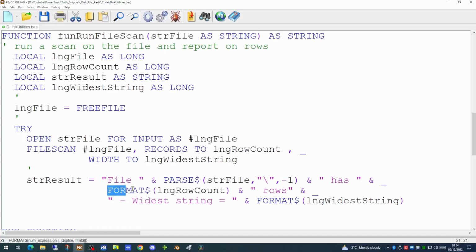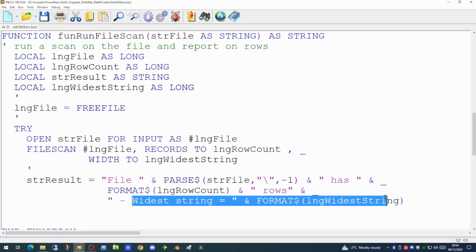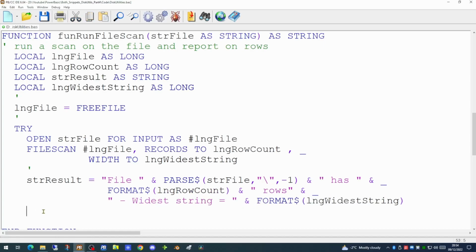And we're saying how many rows we've discovered within our file scan, and we're also saying what the widest string is, how many characters. And should we attempt this on a file that does not exist, we can use the catch statement to pick up that error.